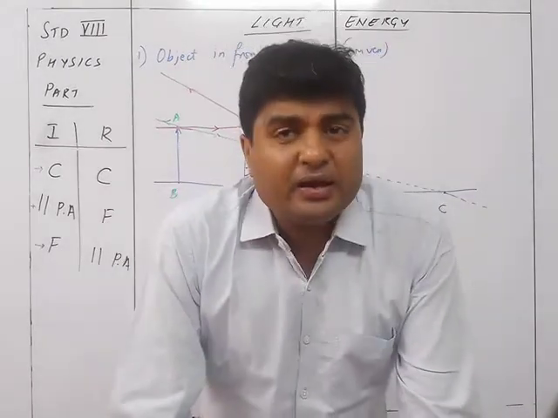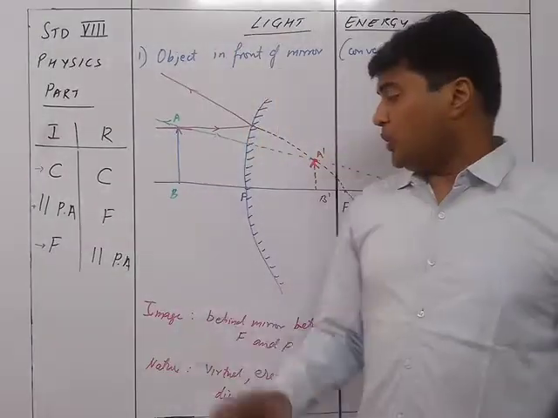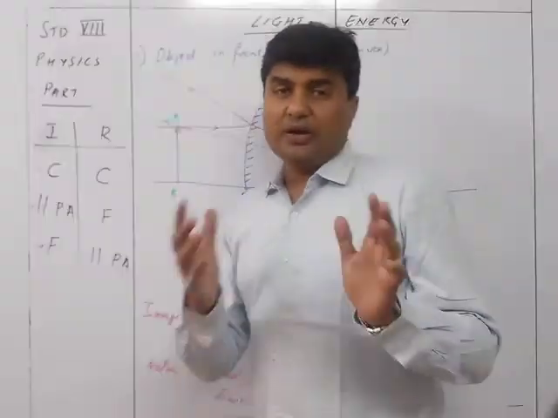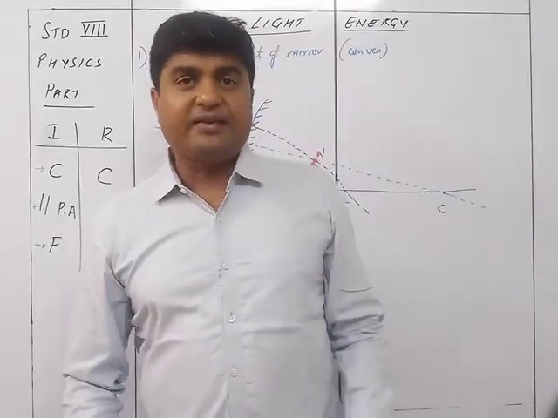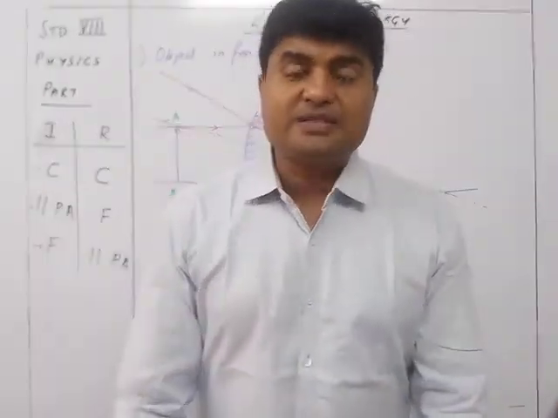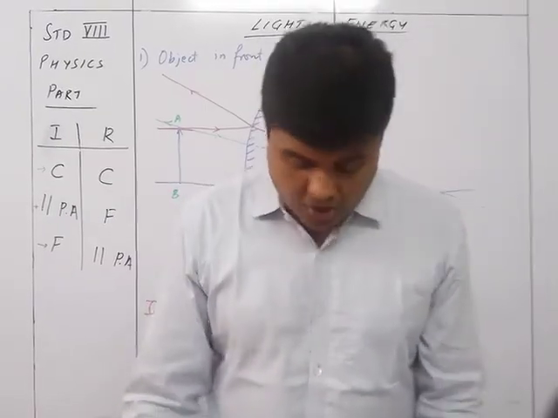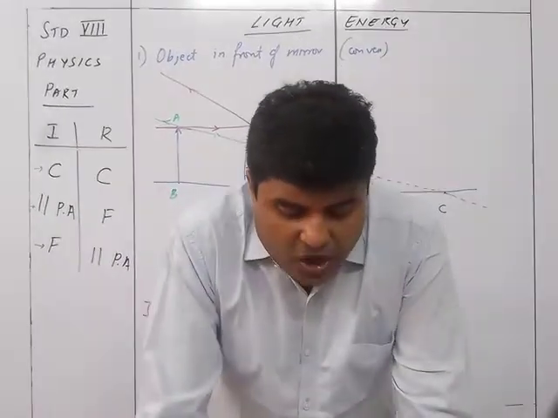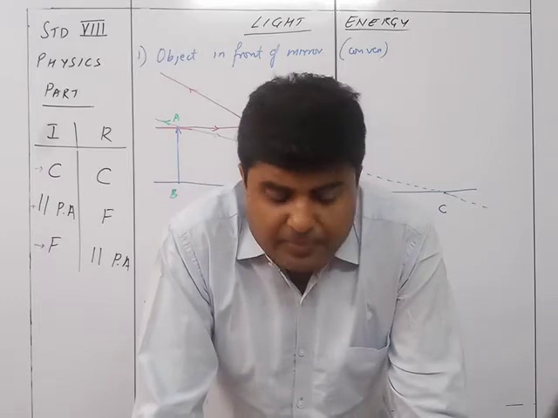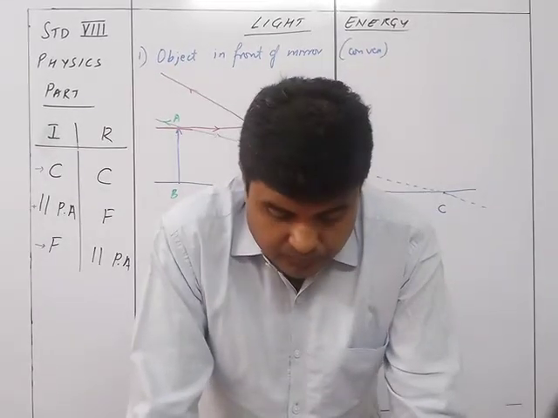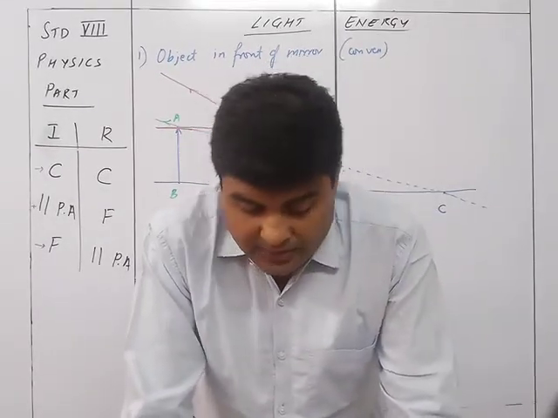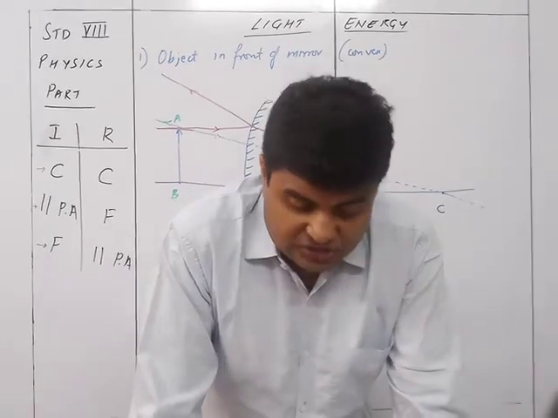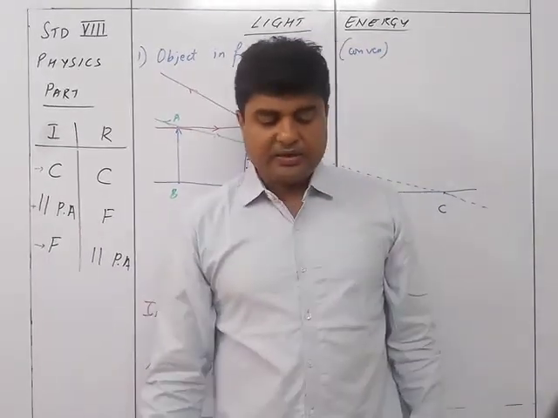In a concave mirror, so now we conclude between a convex mirror and a concave mirror. What do we conclude as the final end result of the 7 different ray diagrams we have already drawn? In a concave mirror, the image formed can be real or virtual, inverted or erect, diminished or of the same size or enlarged, depending upon the position of the object.